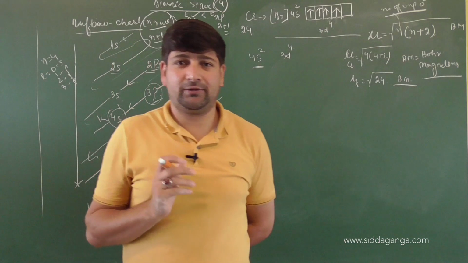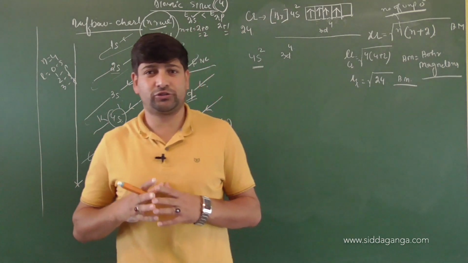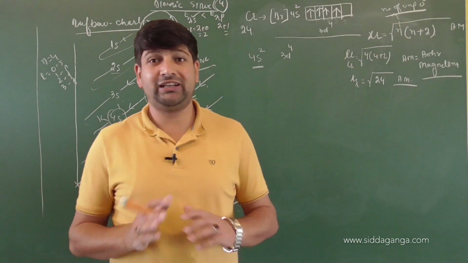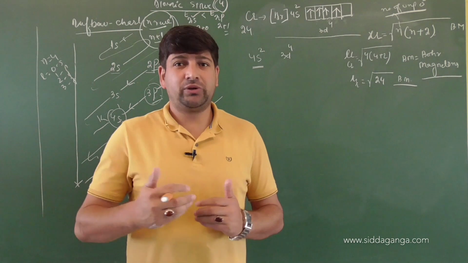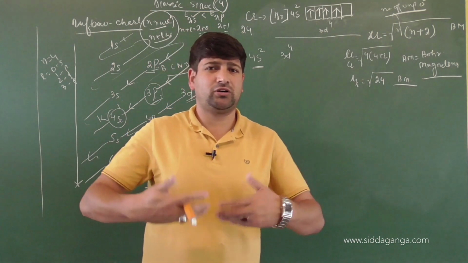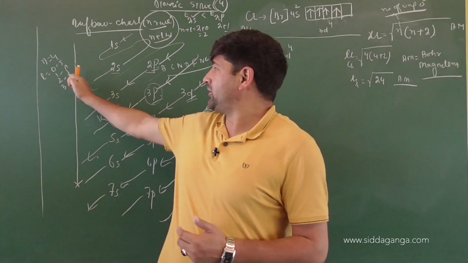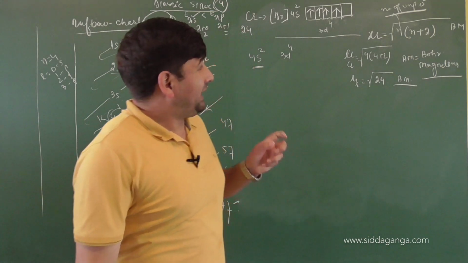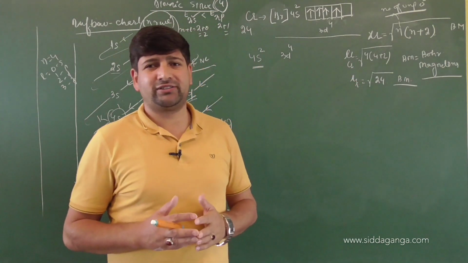2n square. Any atom, in its outermost shell, if it has electrons according to the 2n square formula, it will not react. It will never combine. Because combination, that is reaction, is done for the purpose of stability. For the loss and gain of electrons occurs for stability. Stability of what? 2n square. If according to quantum numbers we learned, an atom has 2n square number of electrons, there is no question for the atom to react itself.